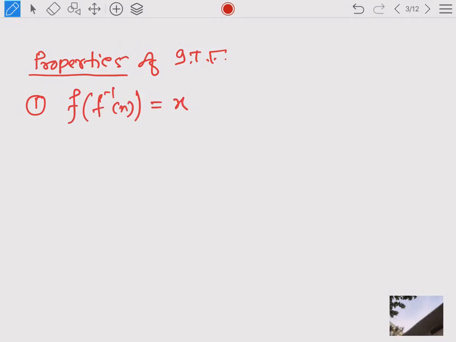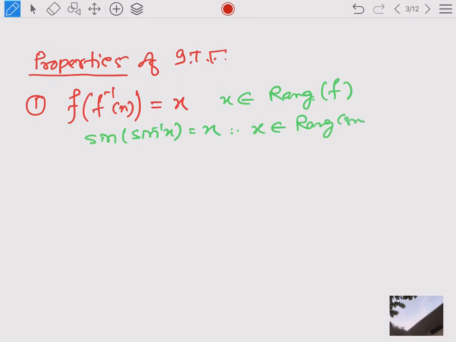Actually, it means you can say that sin of sin inverse x will be x. But as we know, here the x should be in the range of function f. So therefore, definitely here x also should be in the range of sin x. So students, we have to keep in mind that these are very simple properties, but the domain-range rule